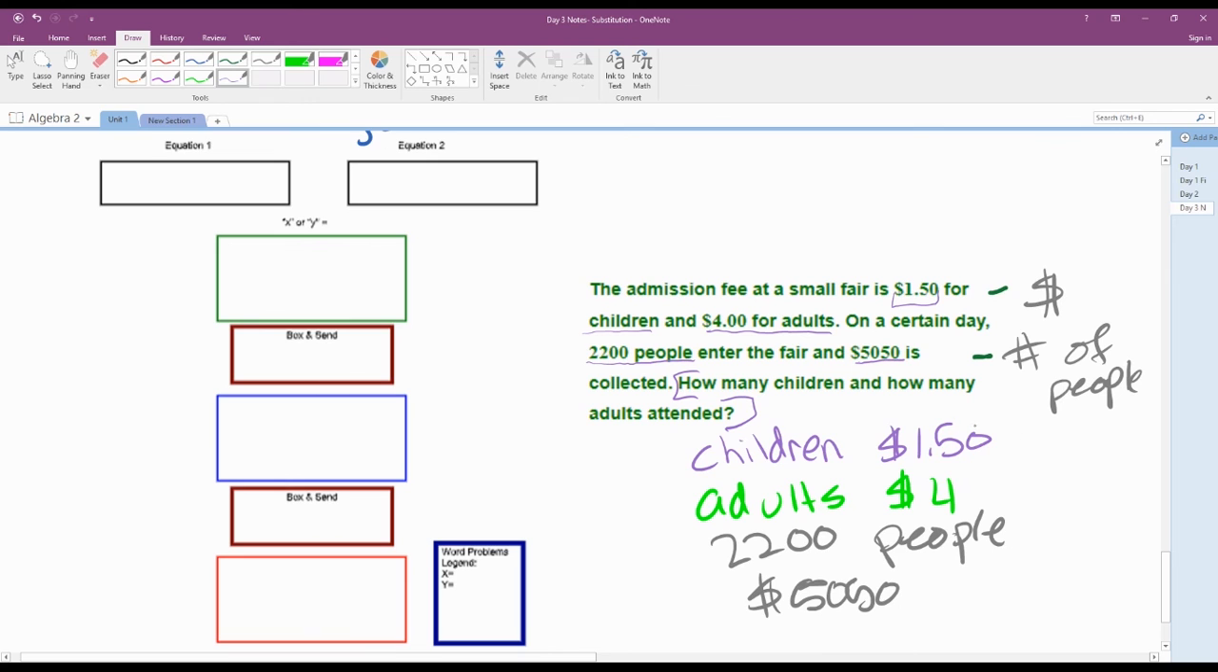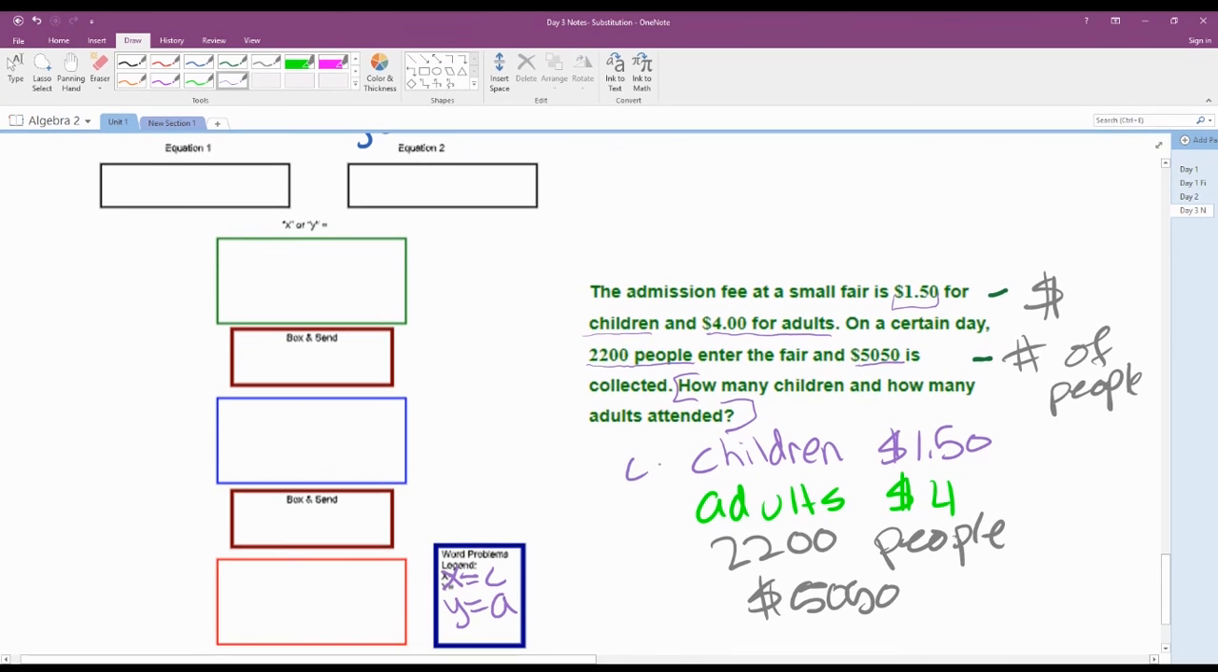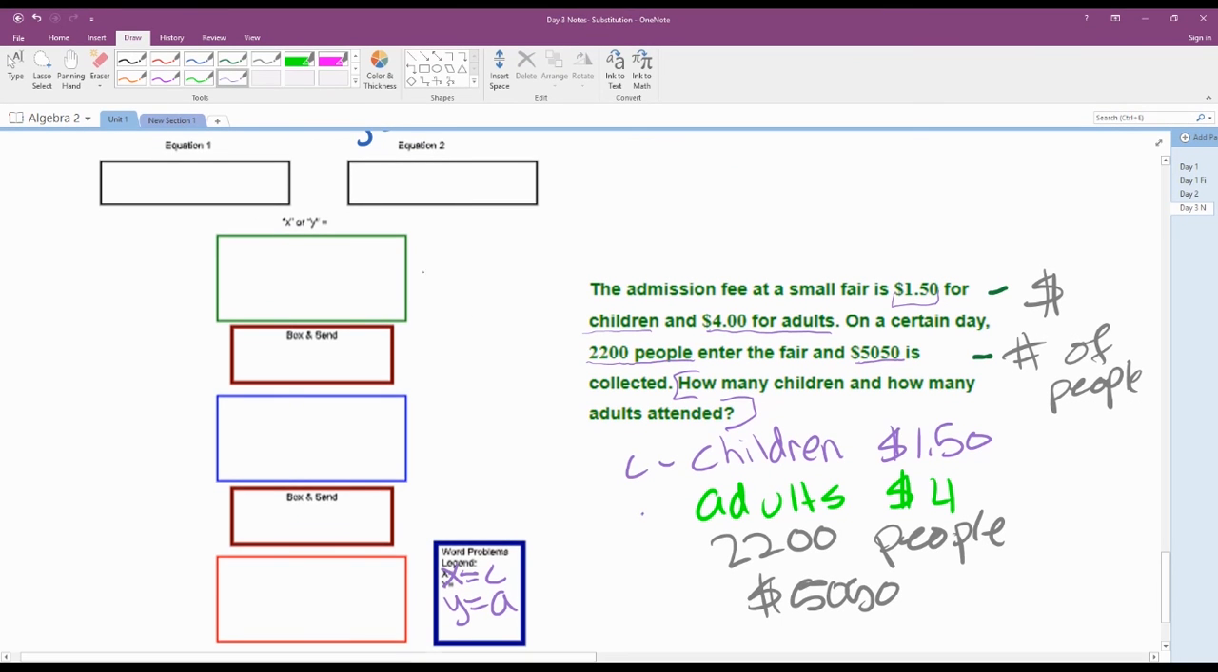So I can say, okay, so I know that, let's make our word problems first. So let's say, here it's bigger, x equals children and y equals adults. Children, adults. No. Not that really matters. Okay. And I know that the total number of